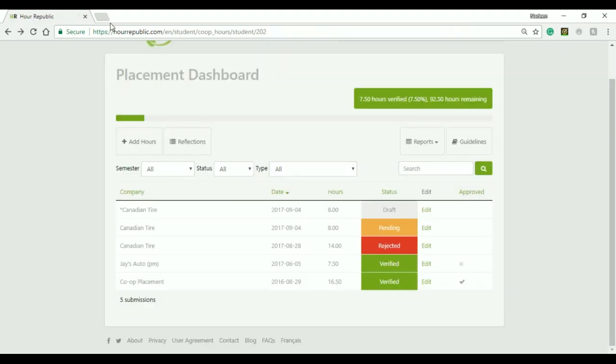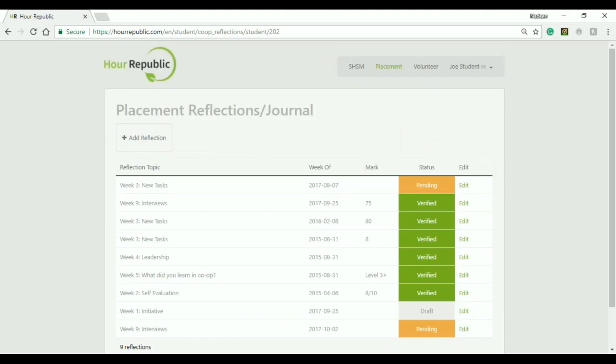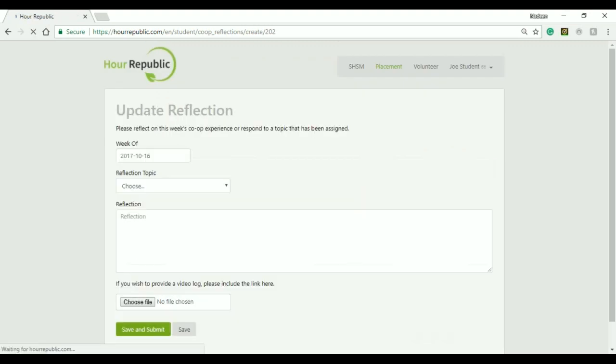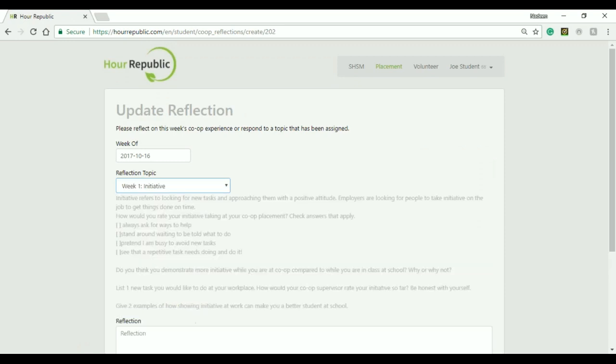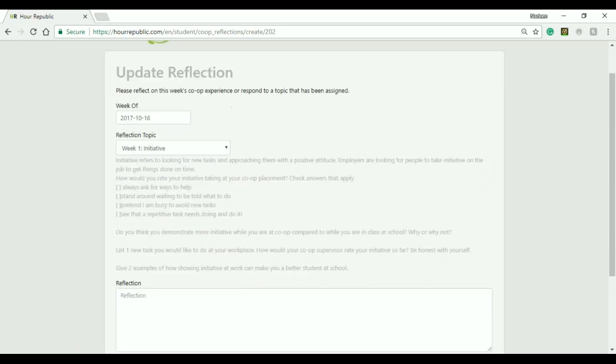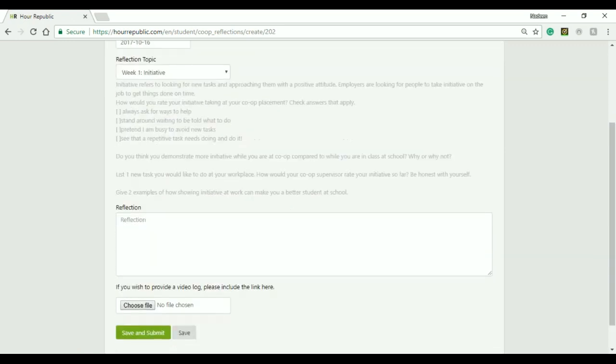The next requirement of your co-op placement will be to add reflections. To add new reflection topics added by your teacher, click the Reflections button right here. You'll then be taken to your page where you can select Add Reflection to reply to a new topic. You'll select the reflection topic from a drop-down list here. Click the reflection topic that you want to respond to,